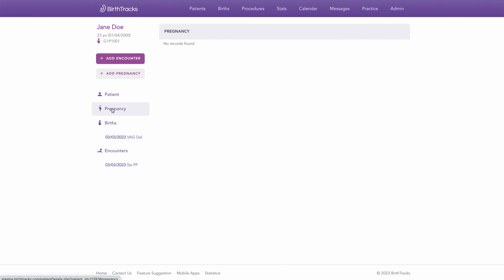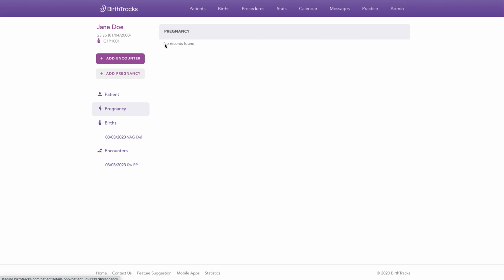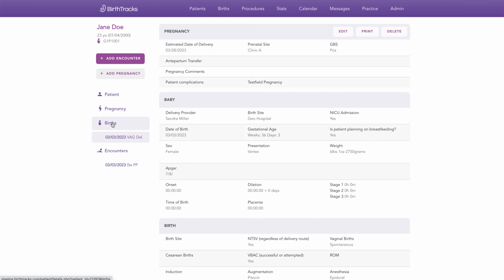patient. The pregnancy tab is going to show information related to a current pregnancy. So since this patient has had a birth and not an active pregnancy, we don't see any pregnancy information here. The pregnancy information that was related to her last birth is now in this section here in the birth section. Up top here in the patient header, we have the patient's name, their age and date of birth, their obstetrical history, and then if they did have a current pregnancy, then you would also see their gestational age and their